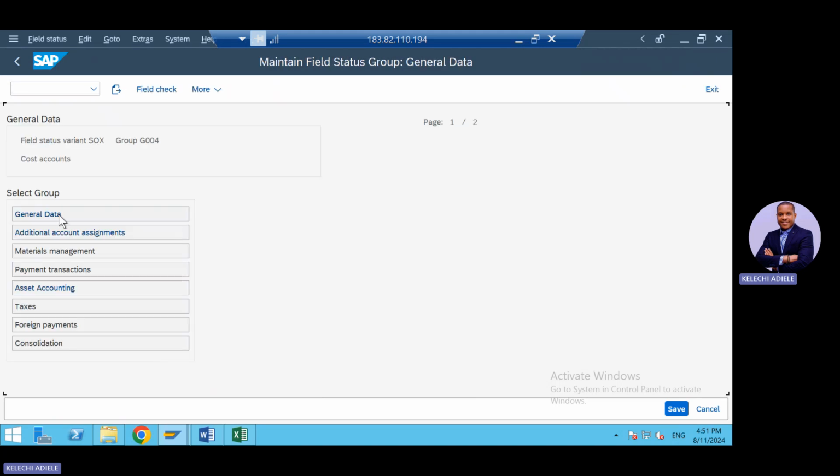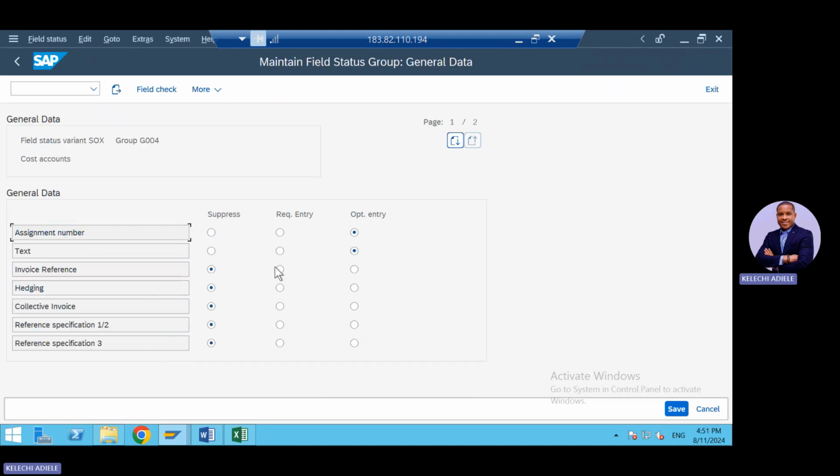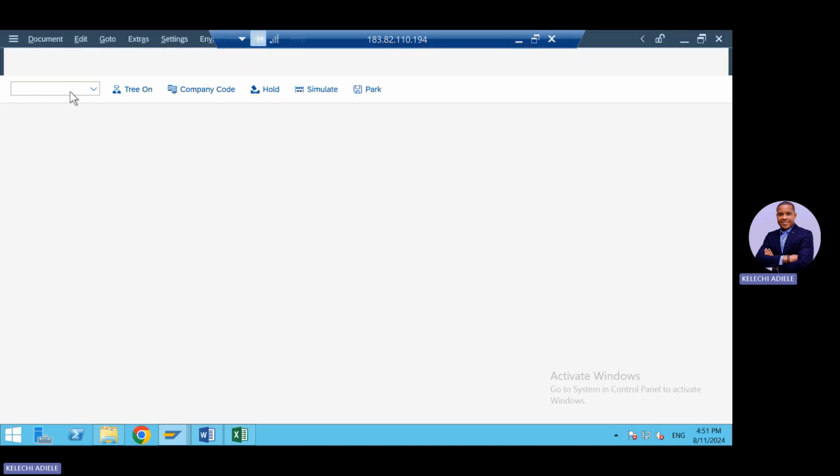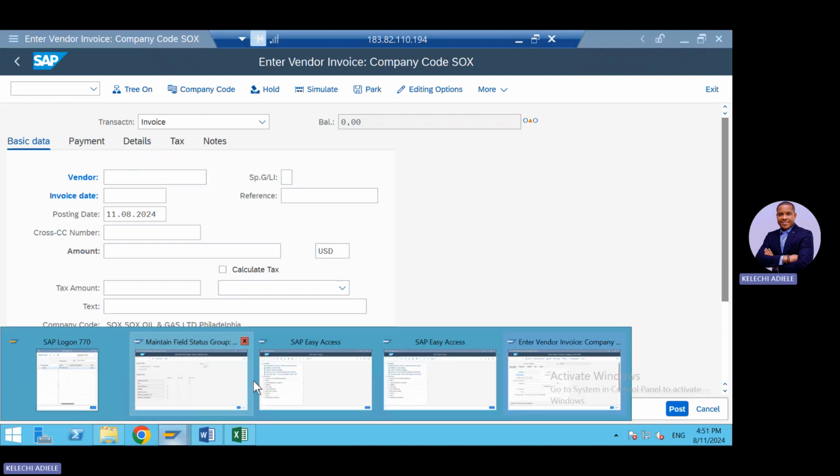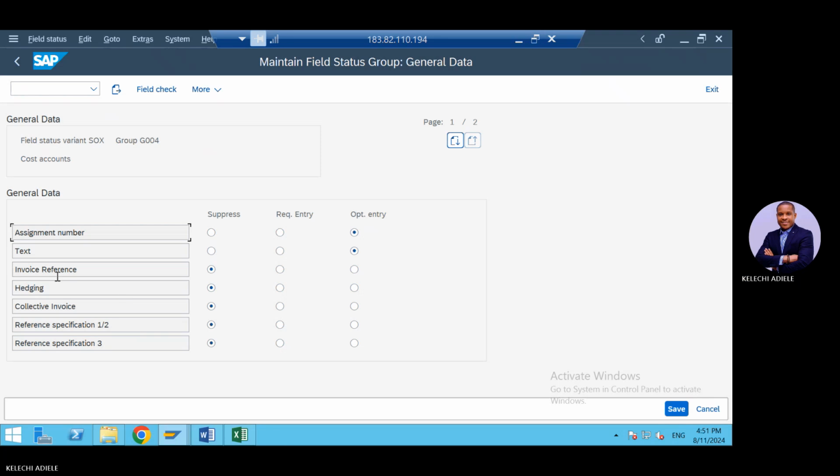Now, if I go to general data, for example, these are, so if I am creating a text, let's say I go to /OFB60 and you see this text box? What controls this text box is the field status for text, right? So you see text is an optional entry here. If I make text a required entry and I save that,